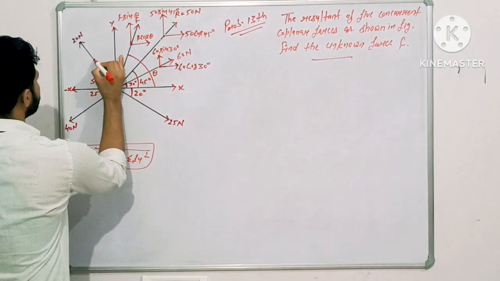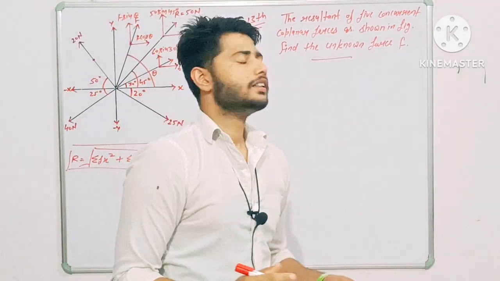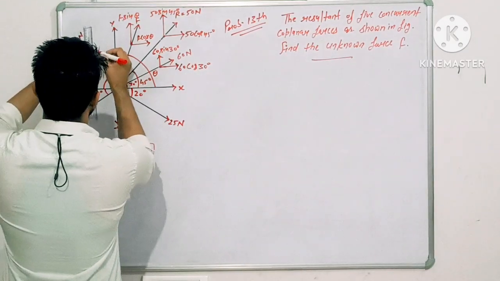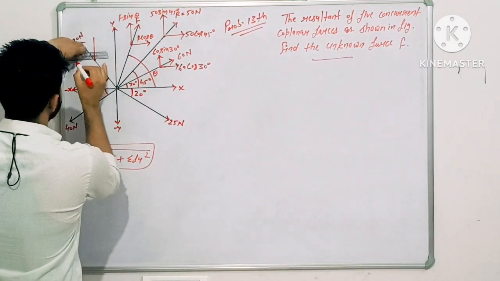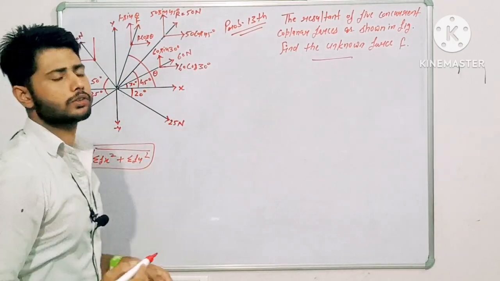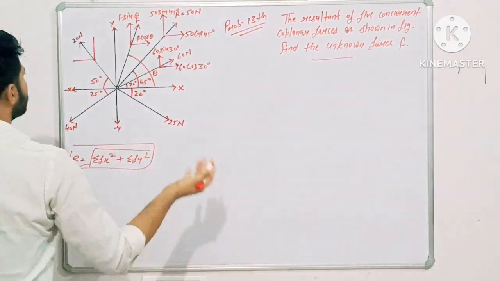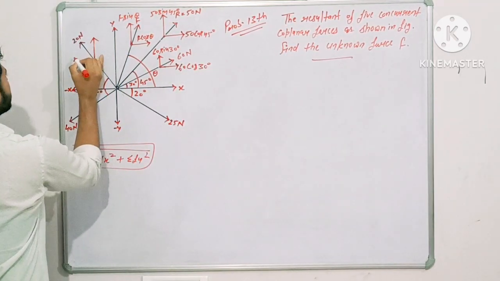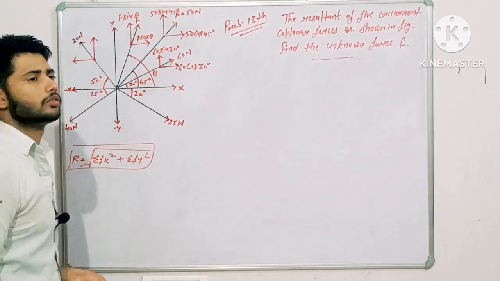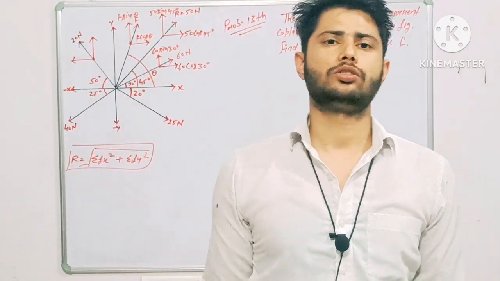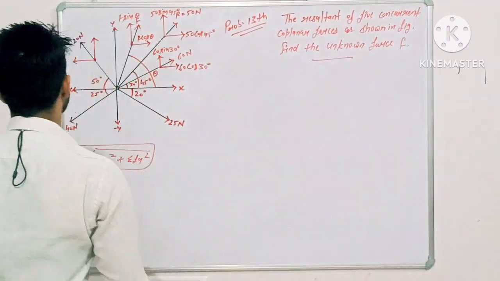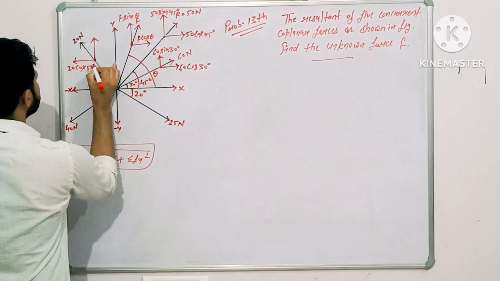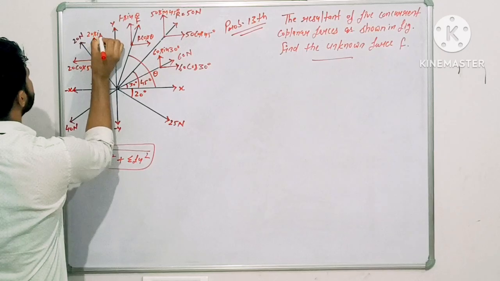Now next, take a point before the arrow. The resolution technique will remain the same in all cases. Make a parallel axis with respect to y and a parallel axis with respect to x. This 20 Newton force is going away from the point, so the direction of both the vertical force and horizontal force must be away from the point. I am taking this angle of 50 degrees with the horizontal, so we have to take cos with the horizontal. Then 20 cos 50 degree, and 20 sin 50 degree.